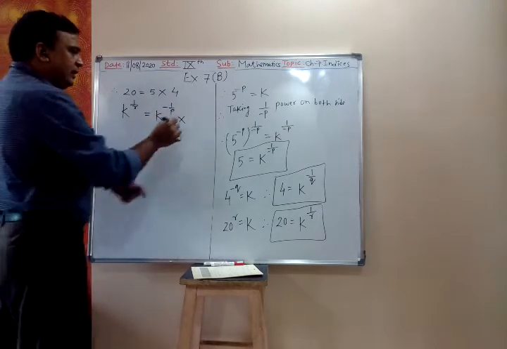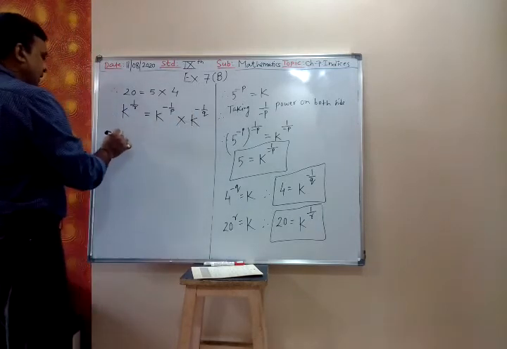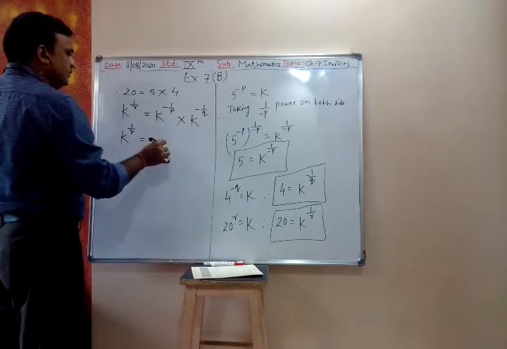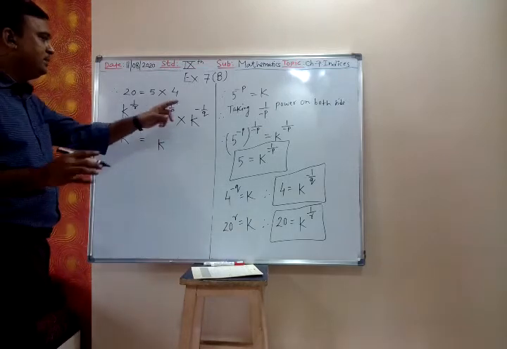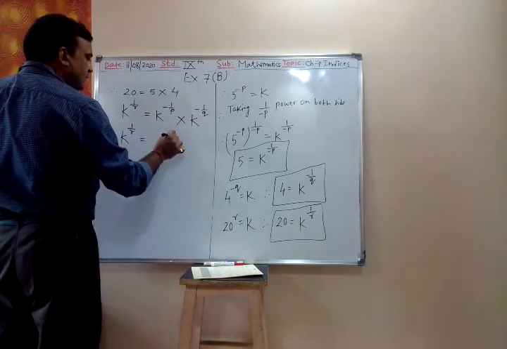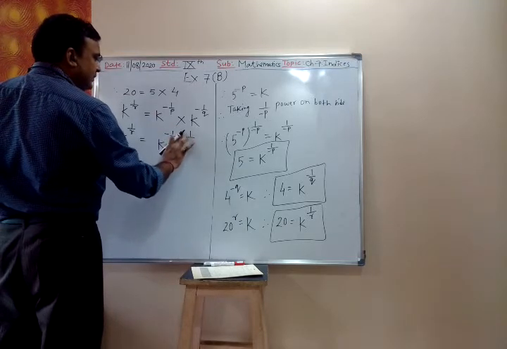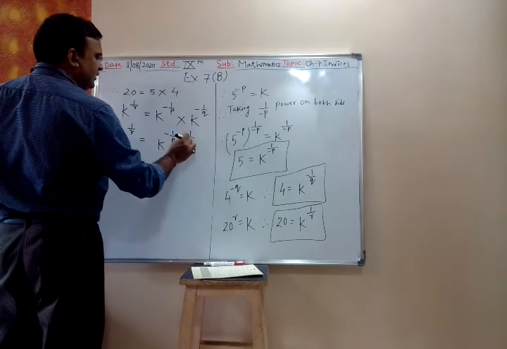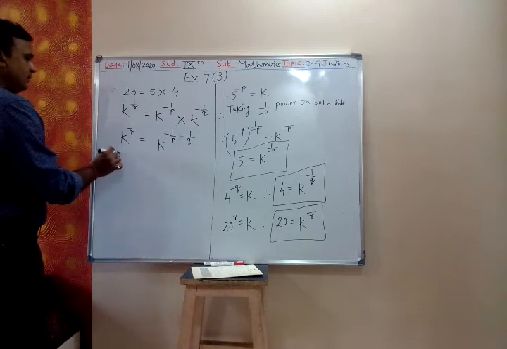And 4 is k raised to minus 1 upon q. So k raised to 1 by r is equal to k raised to, there we have multiplication. So whenever there is multiplication, we add the power. Minus 1 upon p plus 1 upon minus q. That is same as minus 1 upon, we can write directly. We are adding the power. So plus minus become minus. So comparing,